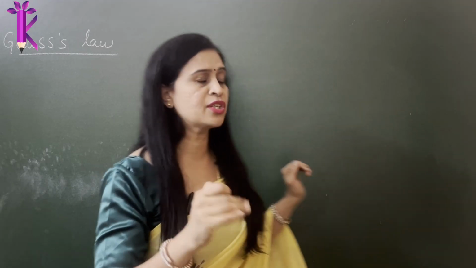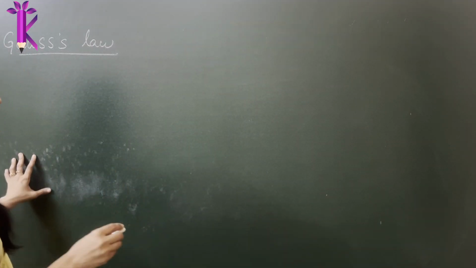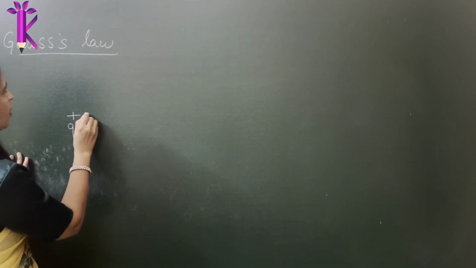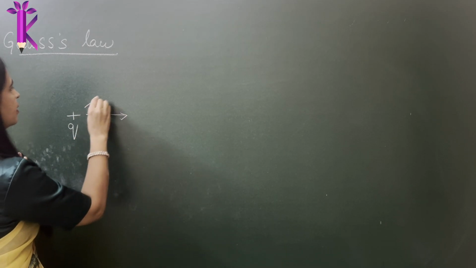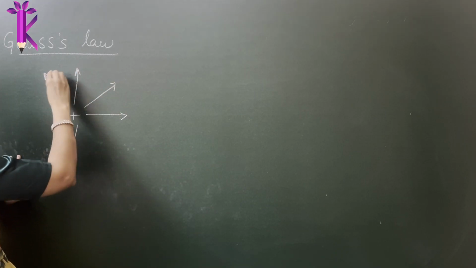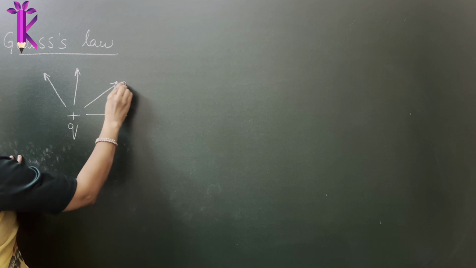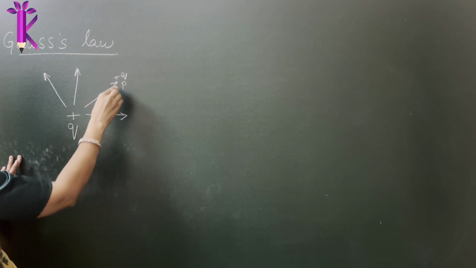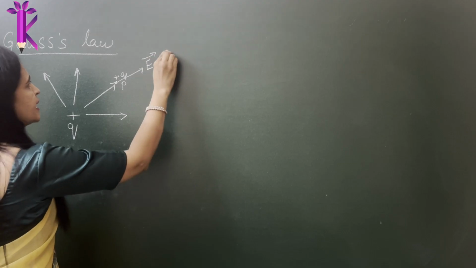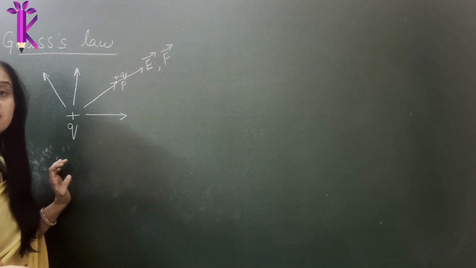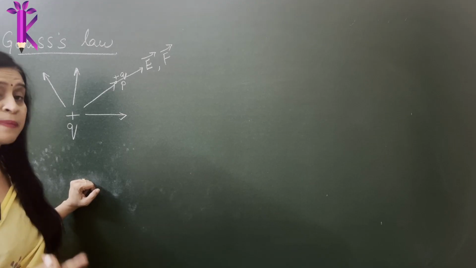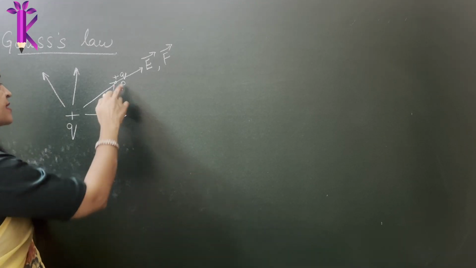So let us imagine you have a positive charge somewhere here. So this is the positive charge Q. Now you see, how will the electric flux lines be pointing? They will point radially outwards from this, because any test charge kept at a point P will experience an electric field, and hence also a force, only in this direction. So the electric flux lines basically give you the direction of force or the electric field experienced by any charge placed at any point P.